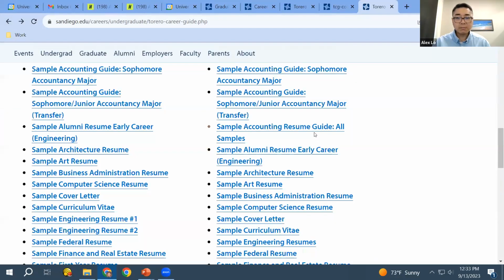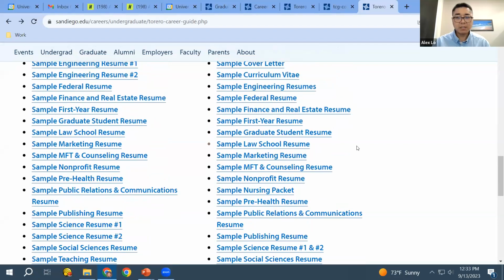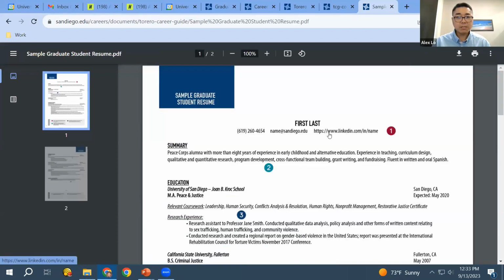Another graduate student resume. Actually, there are a couple of other graduate student resume samples I would like to share. This one, graduate student resume, is based on Kroc School alumni. Start with a summary. She's a returned Peace Corps member, and she wants to show people first that that's